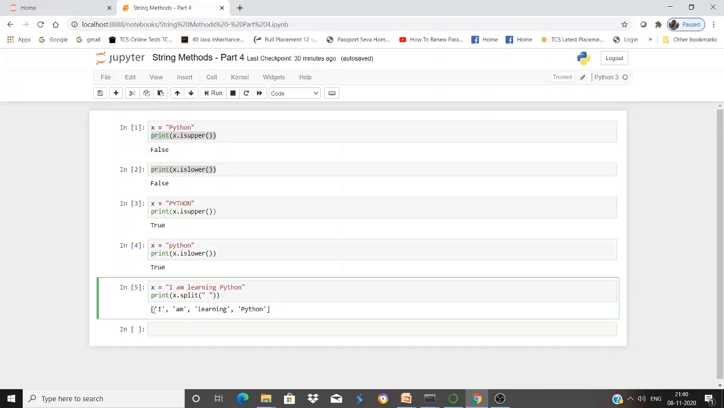So what is a list? A list is an ordered collection of elements of similar or dissimilar data types. We will discuss lists in detail in our upcoming videos. For now, just understand that a list is a collection of elements. Fine. Okay. Now in this example, we split the string based on blank space which exists in this string,